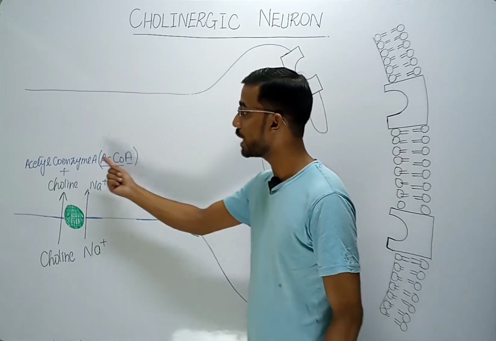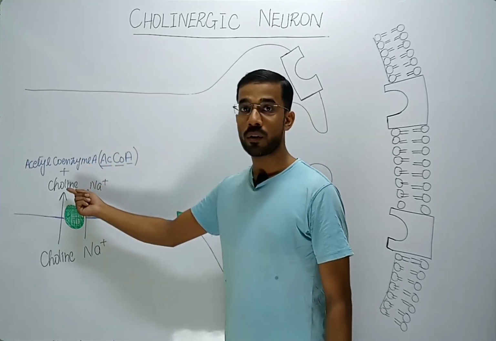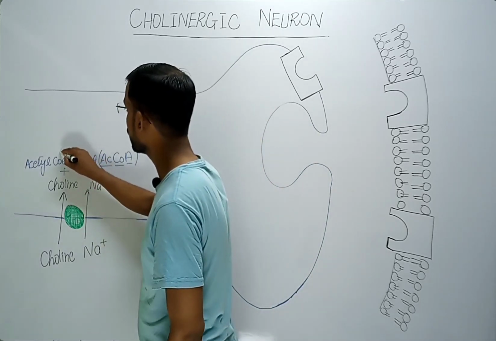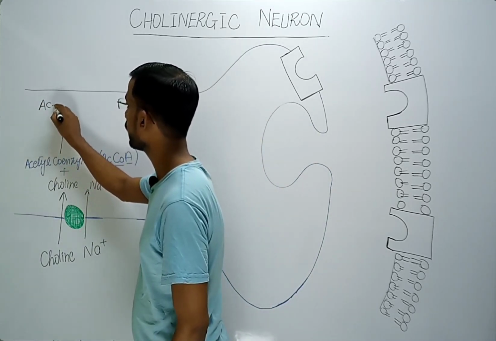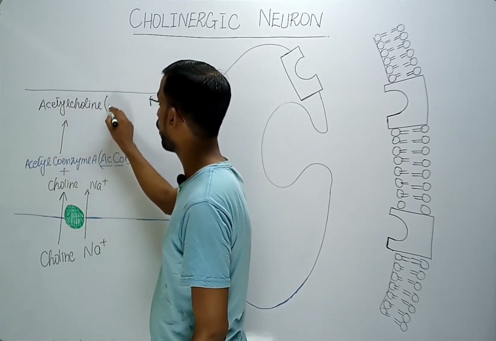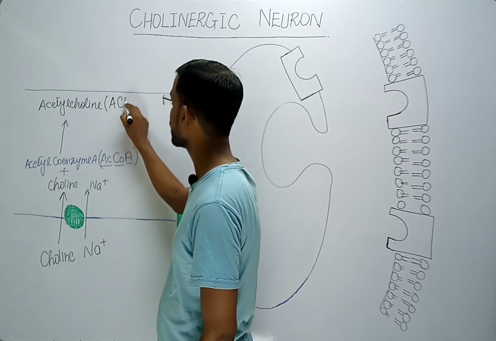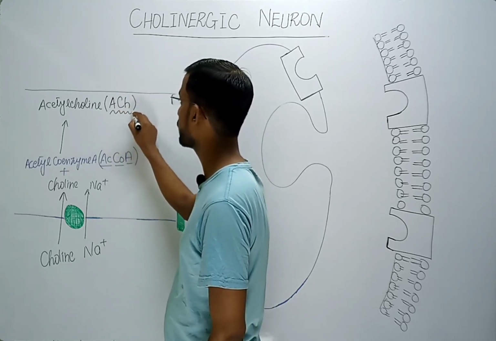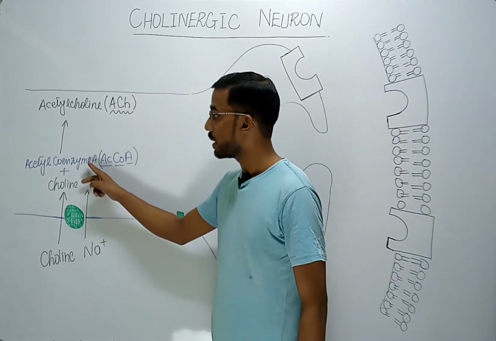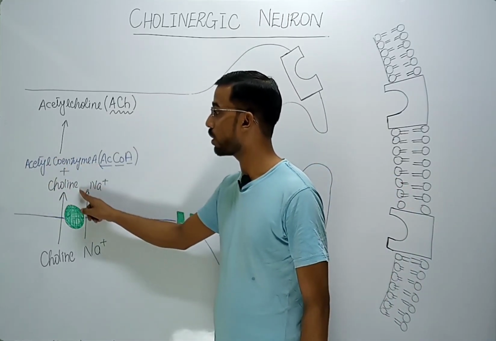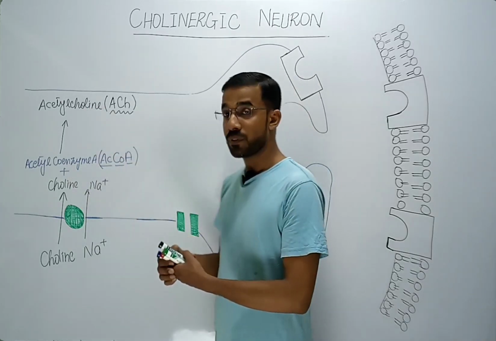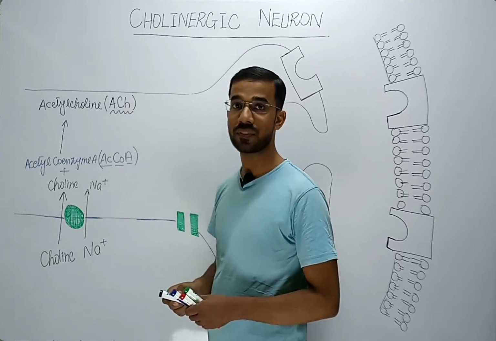Now this acetyl coenzyme A and choline undergo a reaction and convert into acetylcholine, or you can write it as ACh. So the reaction between the acetyl coenzyme A and the choline results in the synthesis of acetylcholine. The most important enzyme that is used in this reaction is the